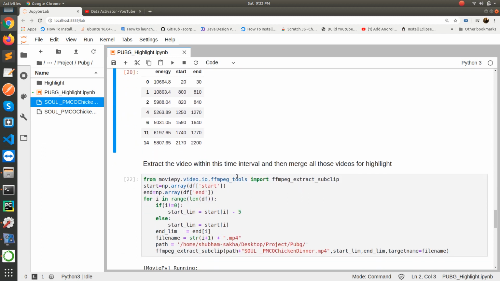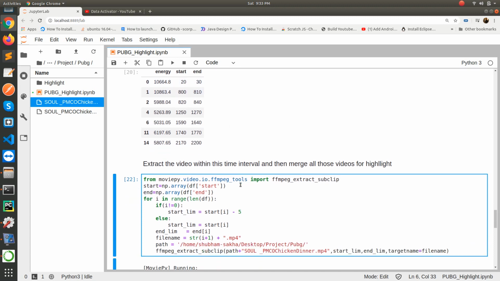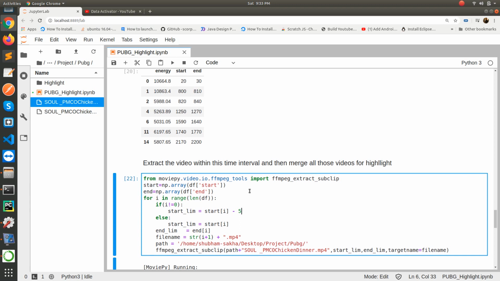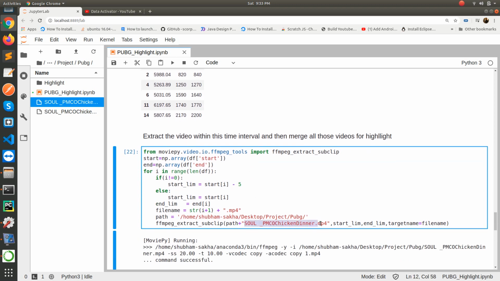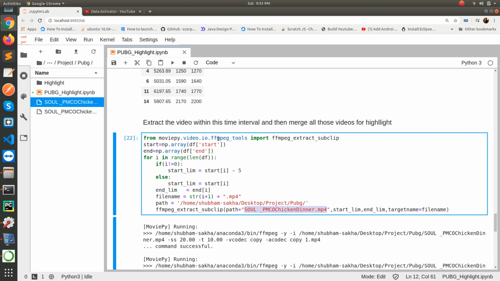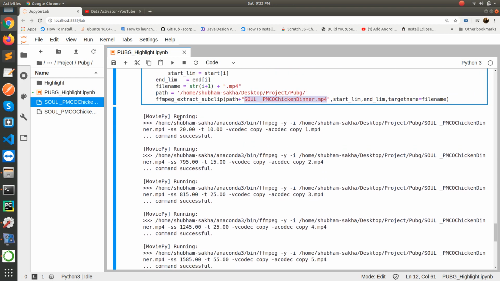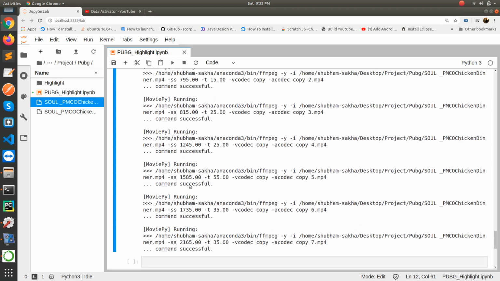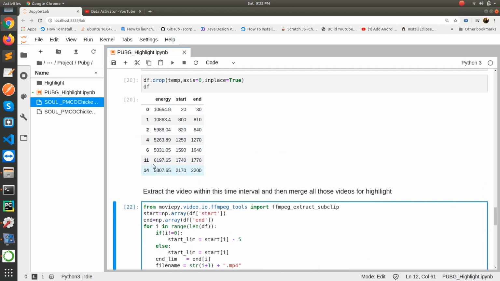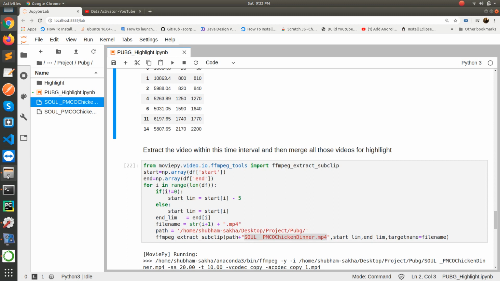Now the last part which we are going to do is, based on this start and end time, we are going to clip out the video part. So we'll load the original video that was 36 minutes long, and based on these start and end values, we are going to clip out the video. Once I ran this command, I got 5 to 6 clips, I guess 1 2 3 4 5 6 7. I got a total of 7 clips. As you can see, a total of 7 timings were there. So we got 7 video clips, and I have saved those video clips here.